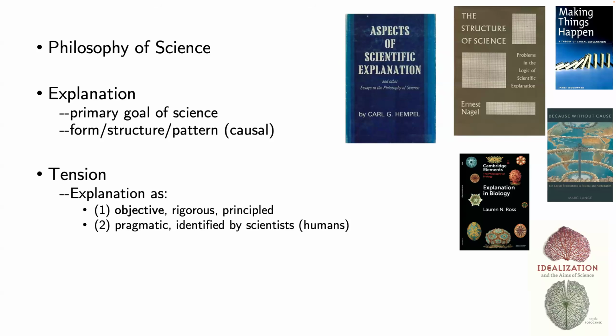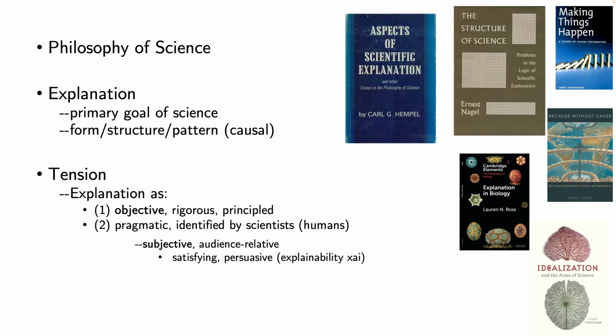Now, there are different ways in which this pragmatic characteristic is cashed out in philosophical work. One way in which this kind of pragmatic feature of explanation is understood is in a sense that leans heavily on explanations being subjective. So, for example, various philosophers suggest that explanations are subjective in the sense that they're audience relative. Whether you have a good one or not is going to depend on the audience that the explanation is being